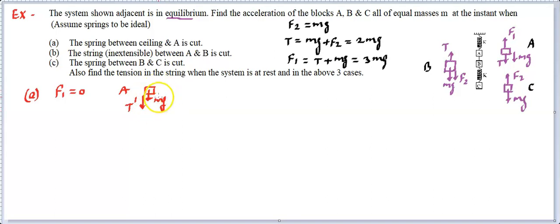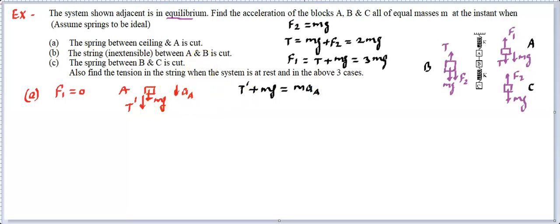So this will be the forces for A, or FBD for A. Let's say this is moving downside with acceleration AA. Then you can write the equation for this particular FBD of block A. This is the block A for which the free body is drawn. So the equation is T dash plus mg is equal to MAA. This is how the acceleration of A can be thought about.